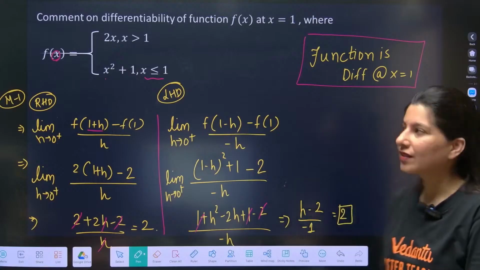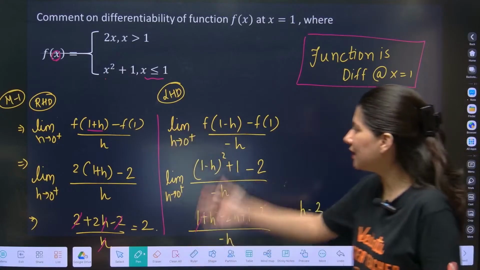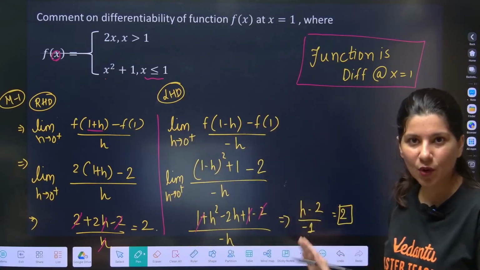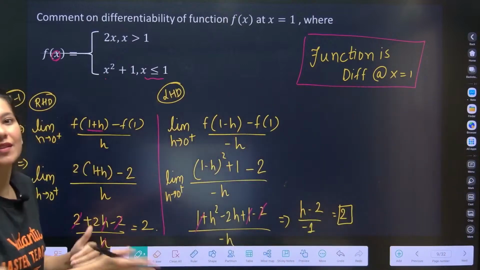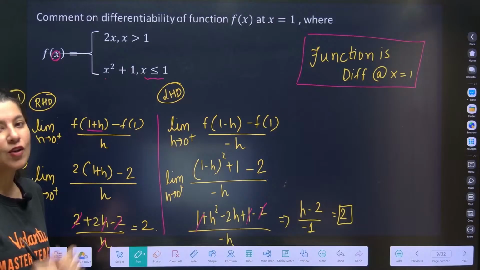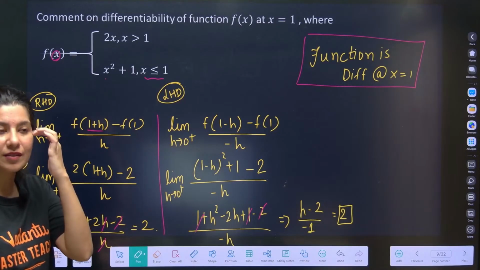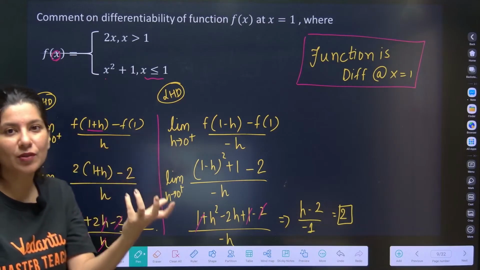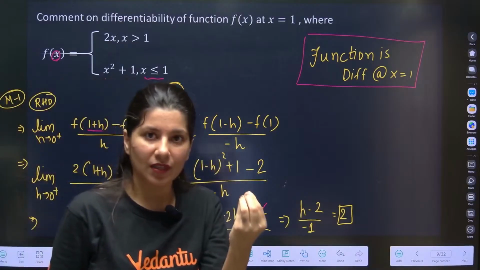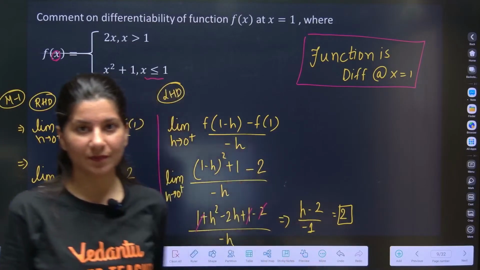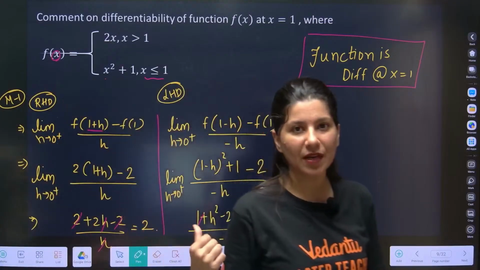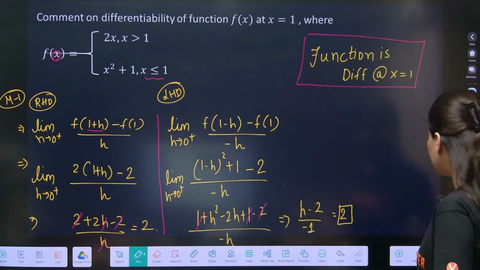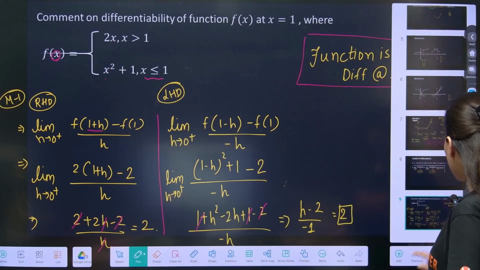But we have a shortcut method. This is a lengthy method. You can see that this is a proper lengthy method. We will only use it when the other methods are not good, when we will not be able to find differentiability with other methods. So my priority will not be this method. This will be my last priority, but we'll have to keep it in mind. Now let's talk about method number 2.